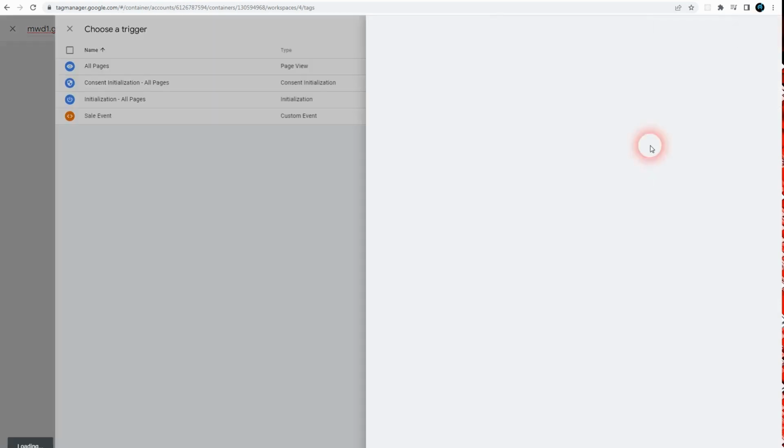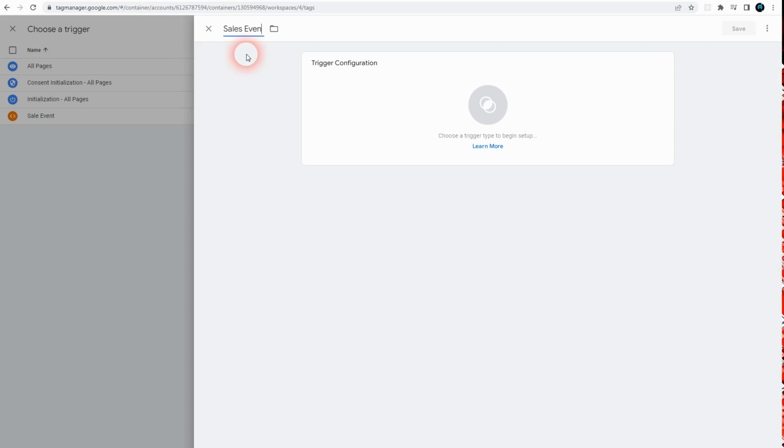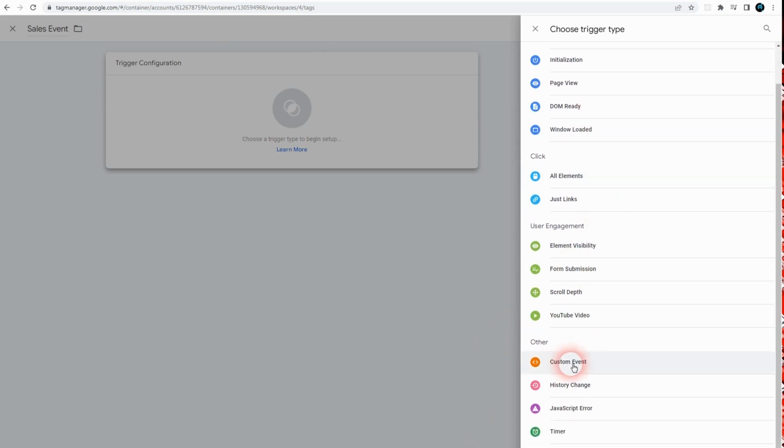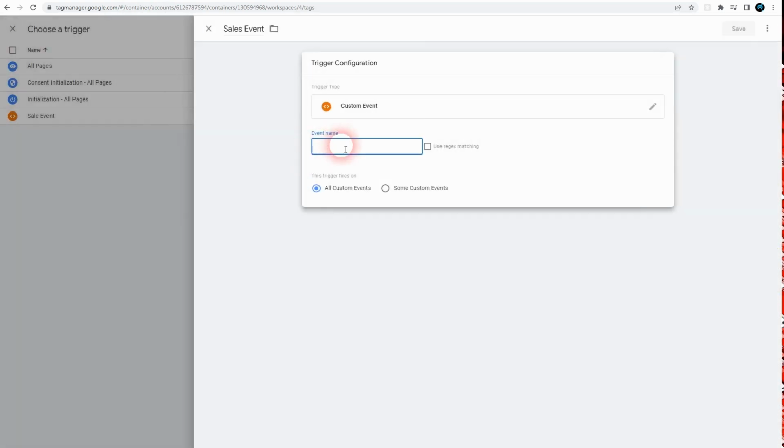So we'll create a new trigger. I'll call this trigger a sales event, but you can call it whatever you like. Now we give it a configuration. And within the trigger type, we need to find the custom event. If we select that, the event name here needs to precisely match the type of events from the Google Tag Manager and Analytics perspective, where it knows when a purchase or a sale is happening. Google calls these purchase events because it's thinking from the end user's perspective, who are doing the buying or the purchasing. But these are really sales events from the perspective of a business that's receiving the orders. So we need to put in the word purchase.